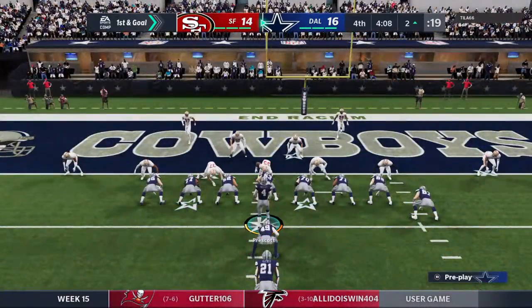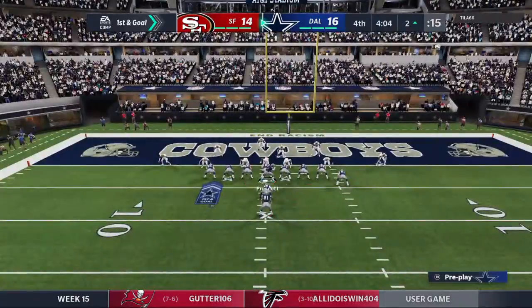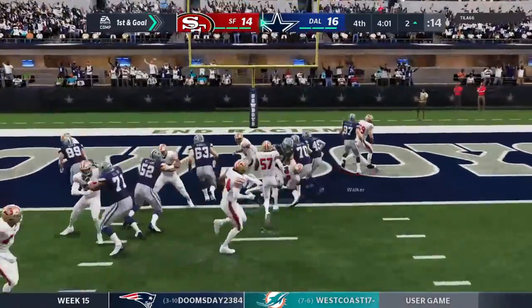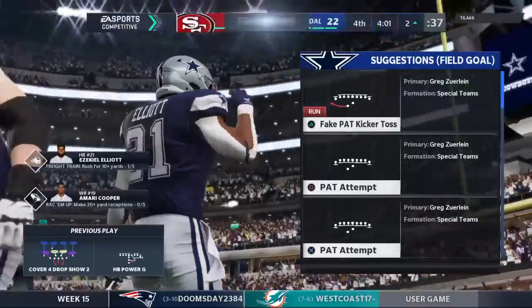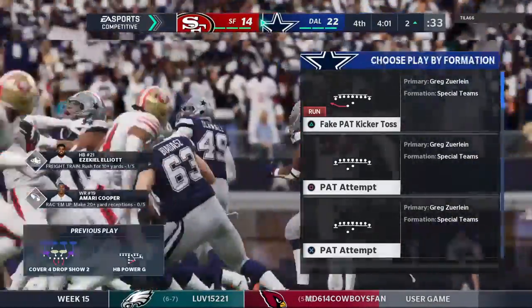Looks like a jumbo set with 3 tight ends here for first and goal. They keep on the ground with Elliott, and he'll get in. Touchdown, Cowboys. Ezekiel Elliott, his 21st touchdown of the season, and the Cowboys